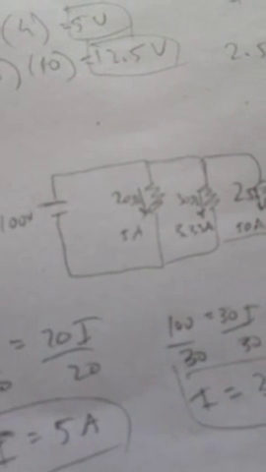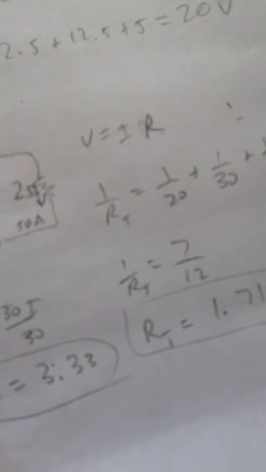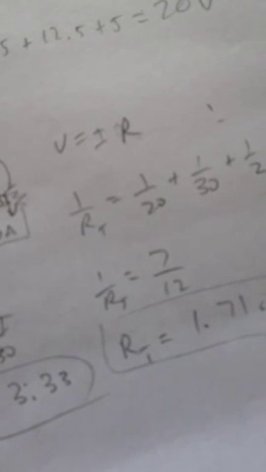We found all the current, but I want to know the total resistance. So you use the formula 1 over RT equals 1 over R1 plus 1 over R2 plus 1 over R3. So it's 1 over 20, 1 over 30, 1 over 2. Then you get 1 over RT equals 7/12. You divide that by 1 and get 1.71